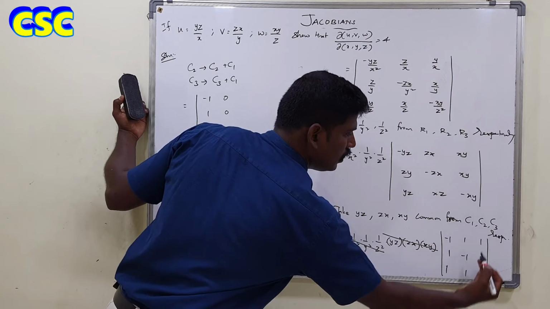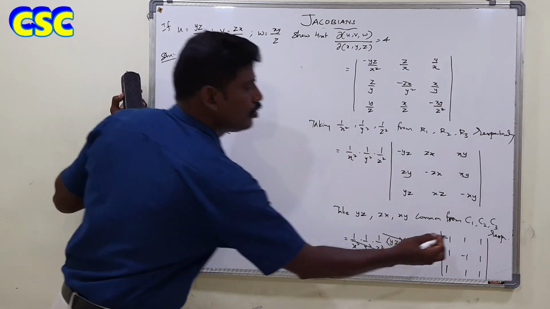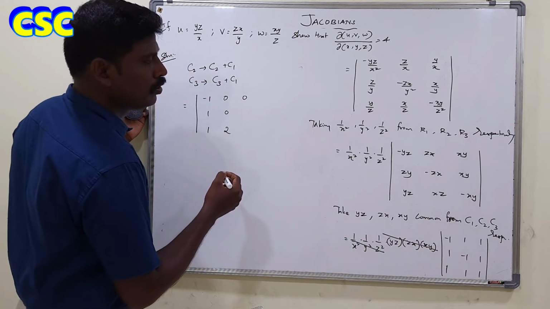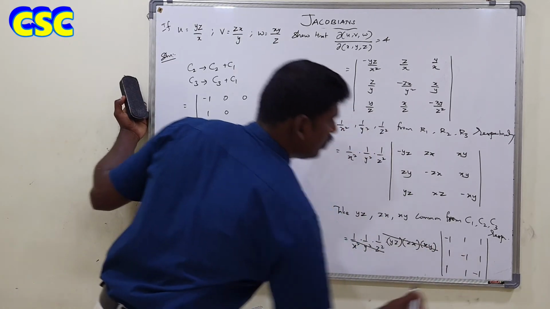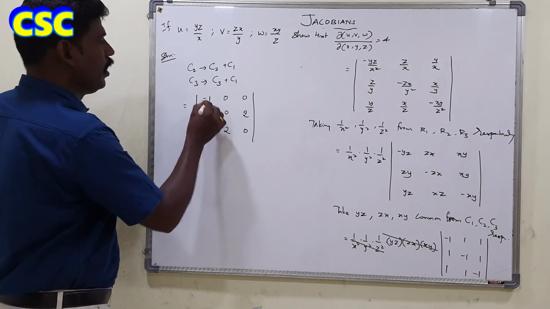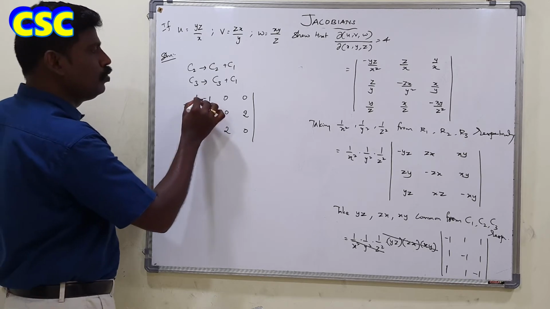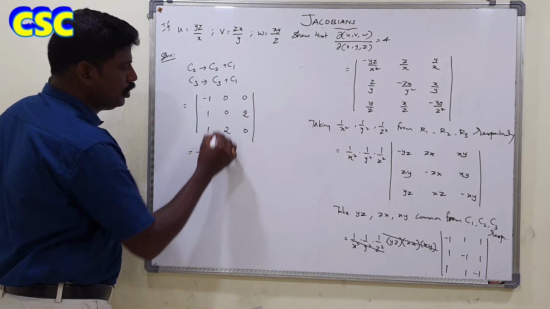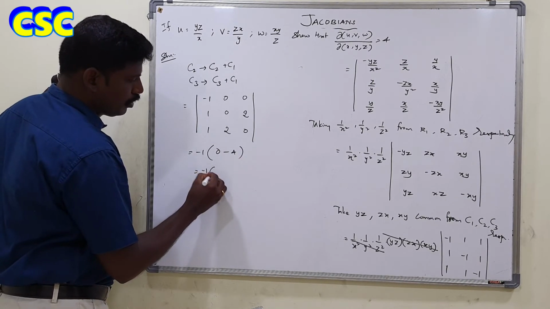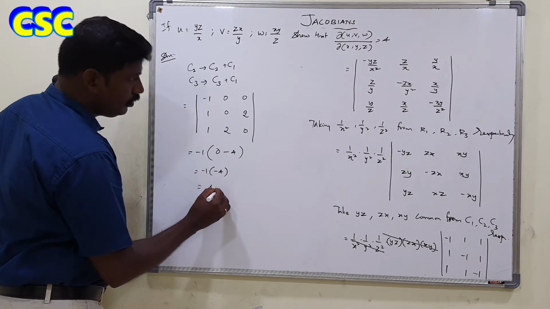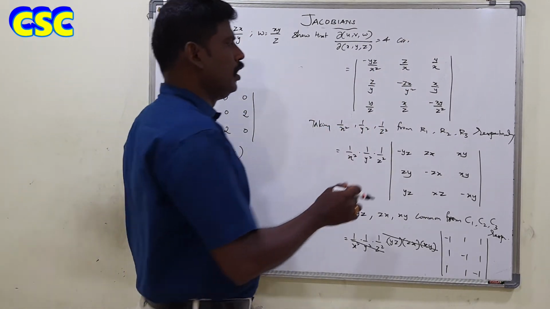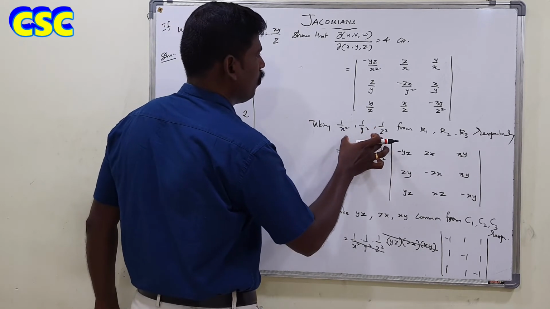This is C1, this is C3. Add both of the two and write it in C3. So minus 1 plus 1, 0. And then 1 plus 1, sorry, the last term is minus 1, isn't it? 1 plus 1, it is 2. And the last term becomes 0, isn't it? So now I am going to expand this determinant through R1. So minus 1 into 0, 2 into 2, 4, minus 4, isn't it? So that is equal to minus 1 into minus 4. That is equal to 4. Thus we proved this result, right? Right? So only you need to be careful in this step, okay?